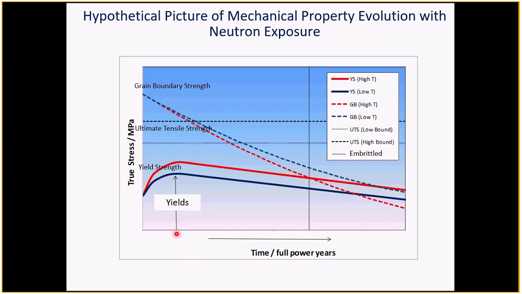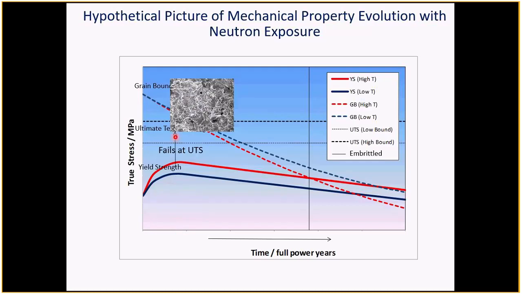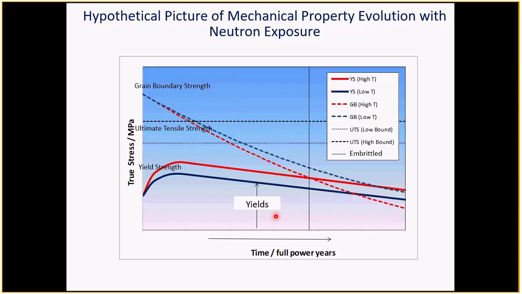So let's pick a time. Early on, 5 years of reactor operation, the material yields, and then it fails, but it's in the ductile region because you don't have anything on the boundary to worry about. There may be some carbides here which are nucleation sites for ductile dimples, whatever, but there's not sufficient to matter; most of the failure happens in a ductile manner, not necessarily at the grain boundary in this particular case. Now we go to a higher dose,